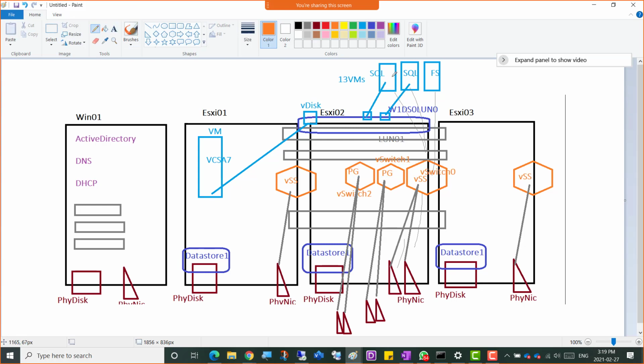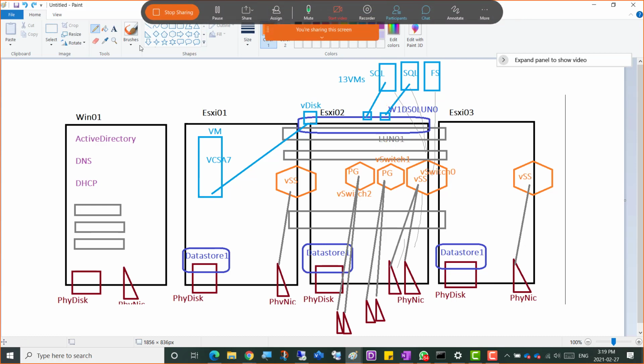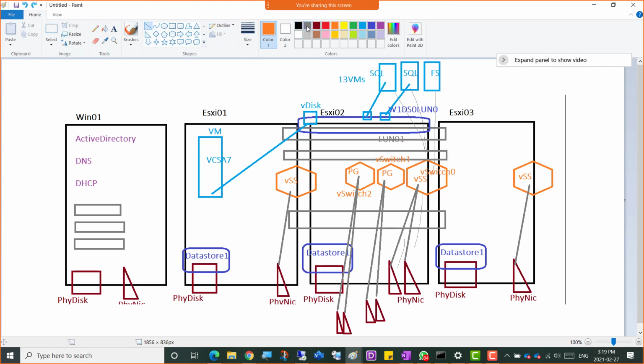So for virtual machines' network cards, we can simply disconnect from the standard switch, or switch the network adapters. Suppose the SQL Server was connected to the port group of vSwitch 0. We can just reconnect it, or switch it from the vSwitch 0 port group to the vSwitch 1 port group. So now at least the bandwidth side will be covered,